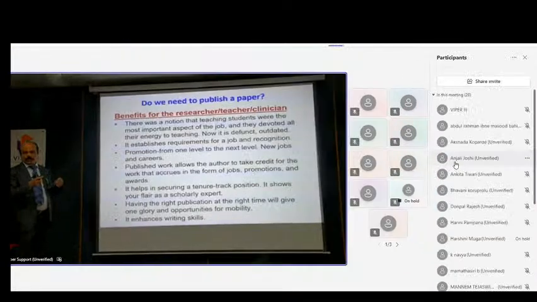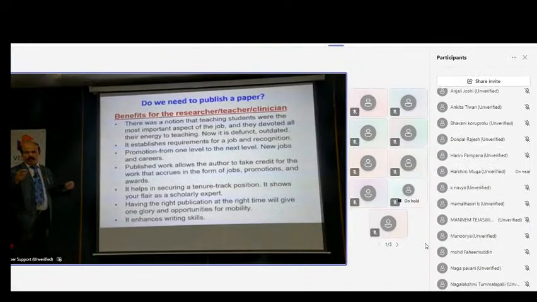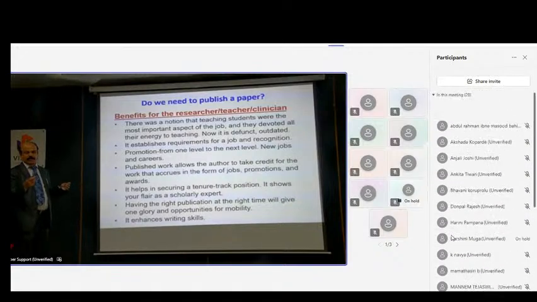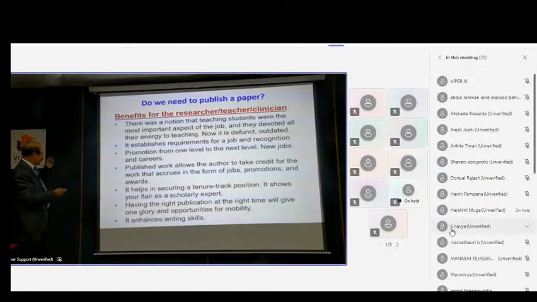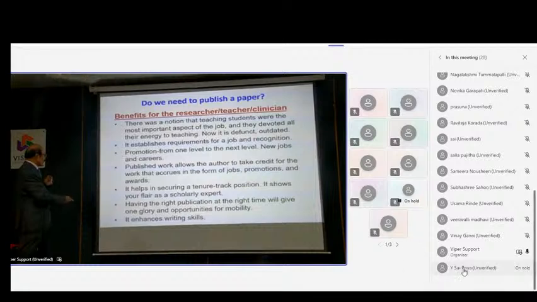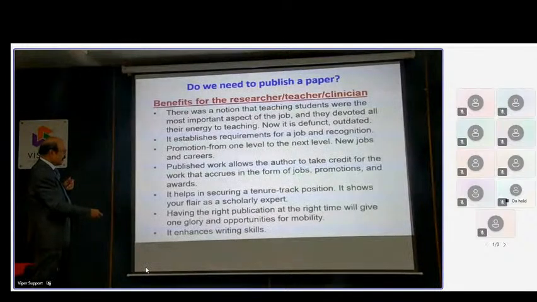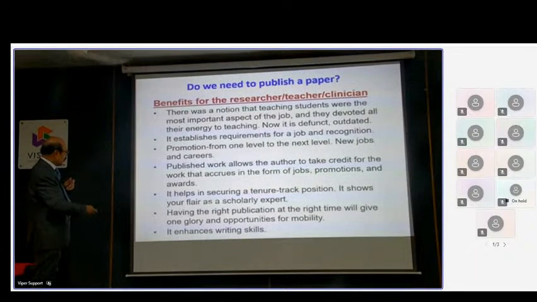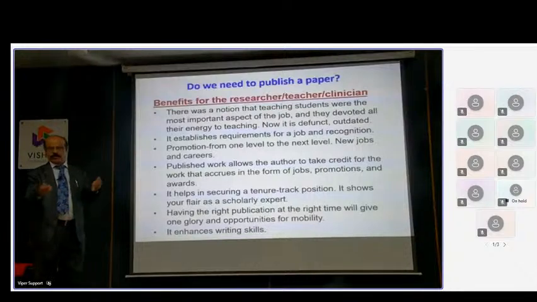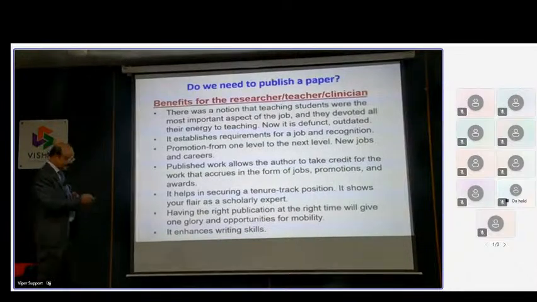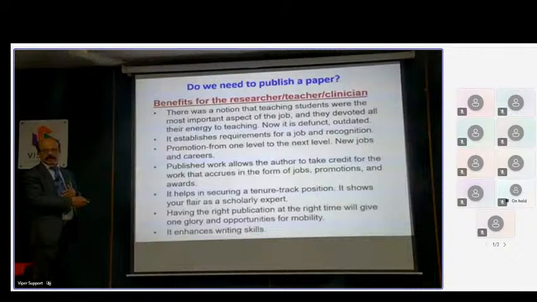When you appear for an interview with zero publications, you cannot appear for a teacher's job, or even for a research job in industry. You have to show that you have got publications. It helps in securing a tenure track position. It shows your flair as a scholarly expert. Having the right publication at the right time when you go for an interview will open up opportunities for you to get a job. It enhances writing skill also. Each paper is a